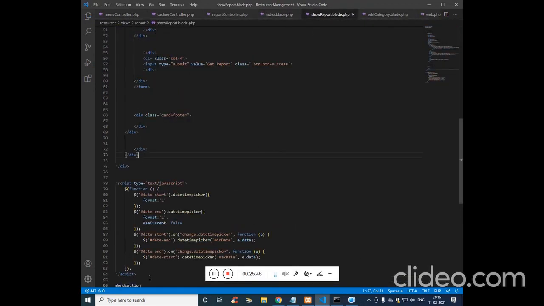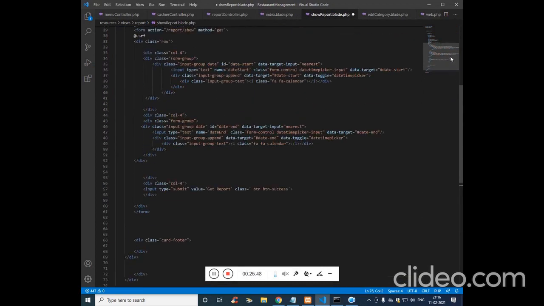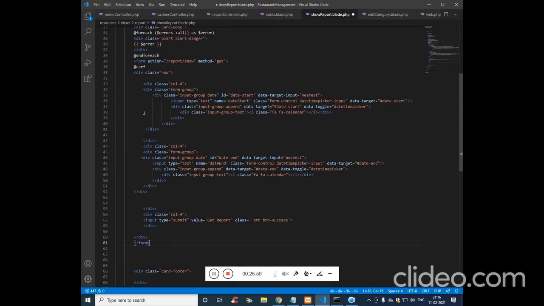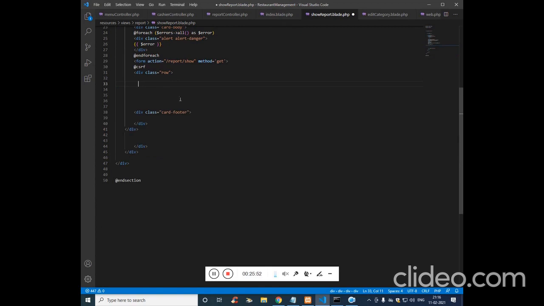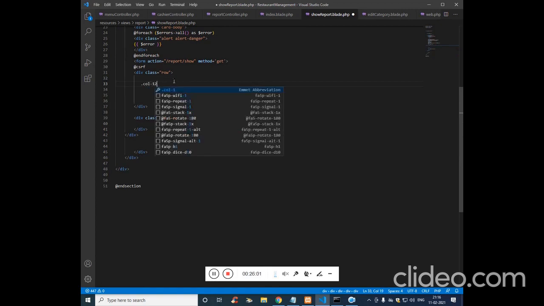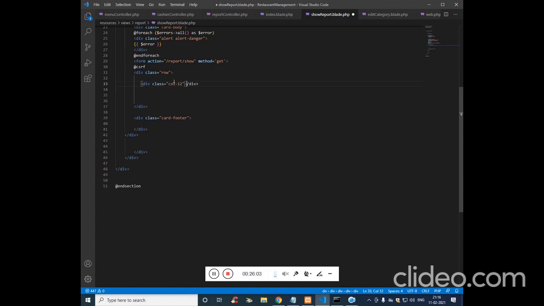And now we don't need a script. Let's remove the unnecessary scripts. Remove the whole section. Close the row, and then we need col-12, and inside the col-12